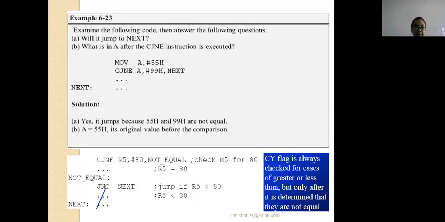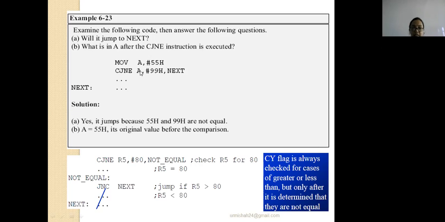Now here you can see the example given to you. A has data 55H, you can see here initially A has been loaded with 55. Now you have to compare it with the data 99H and check whether the destination data is greater than, less than or equal to the source data, and if this condition is satisfied you have to jump to the next location.